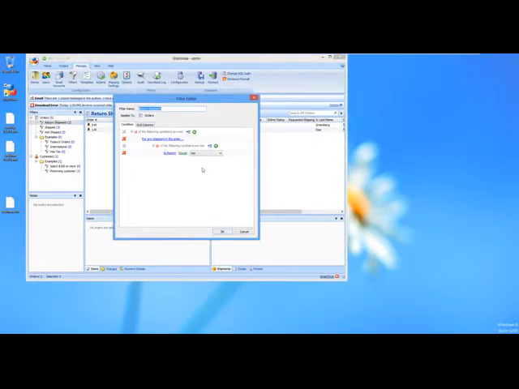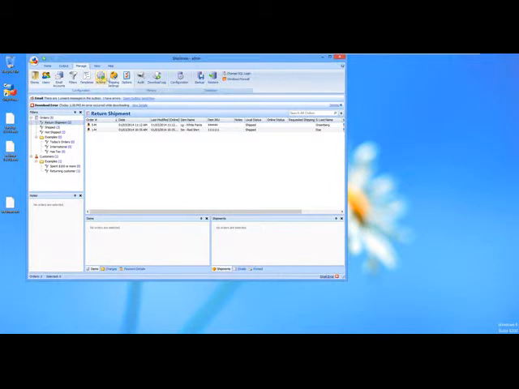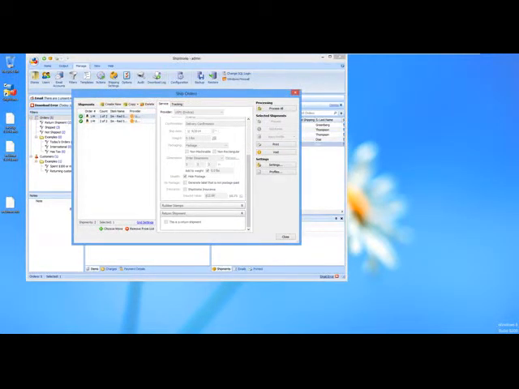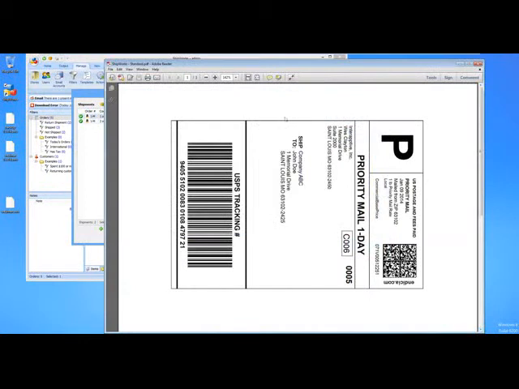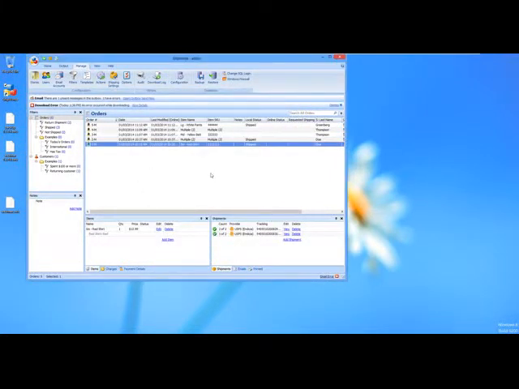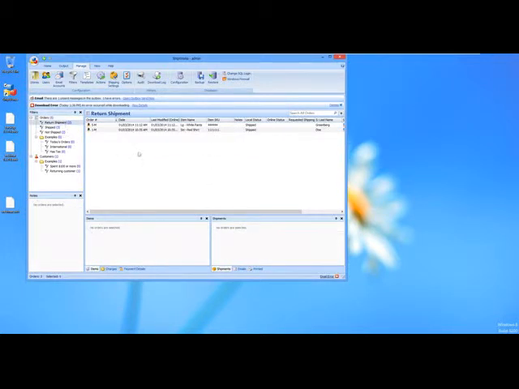So what happens here is this return, that its return equals yes, is basically monitoring this little checkbox. So if you create a return shipment filter, it's important to note that anything that's processed with stamps.com or Express One for stamps won't show in this filter because there's no way for ShipWorks to know that that's been processed as a return shipment. Similarly,